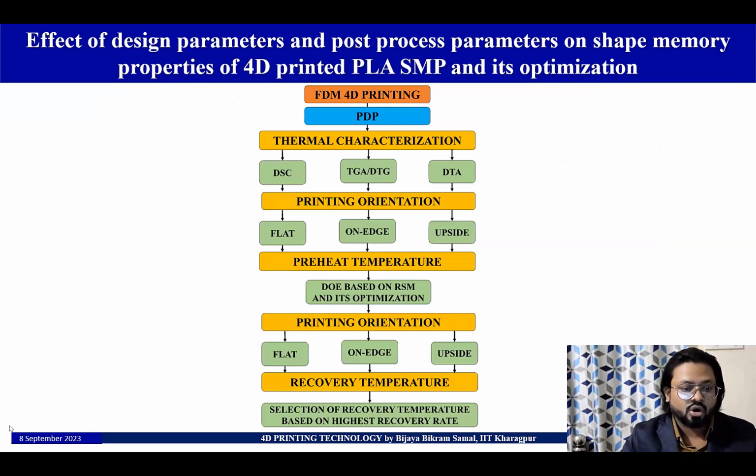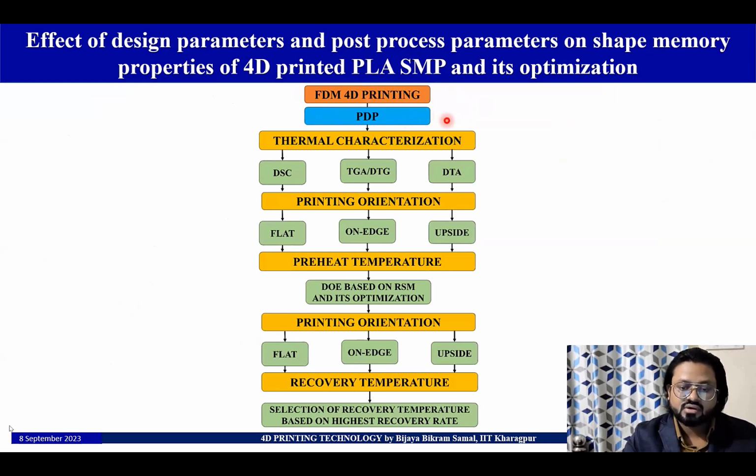Now coming to my topic today, that is the effect of design parameter and post-process parameter on the shape memory properties of 4D printed PLA-based shape memory polymer and its optimization. This is the complete flow of my presentation. So here we can see that we are using the FDM 4D printing method, and